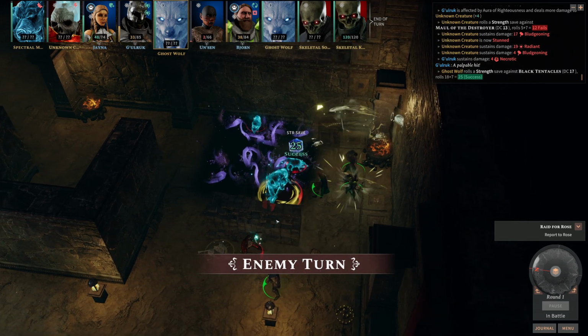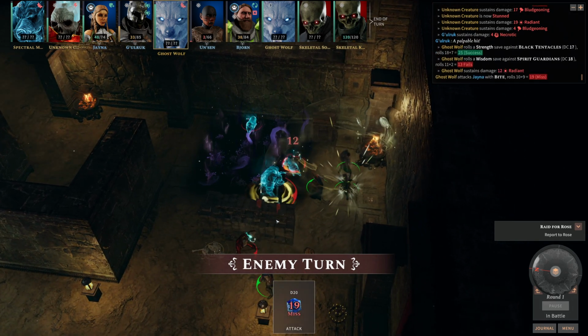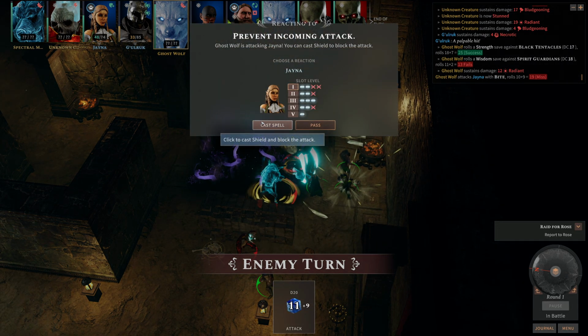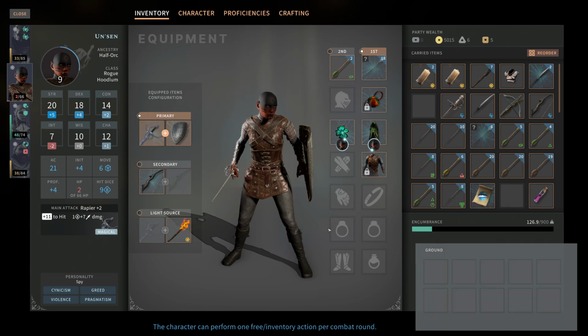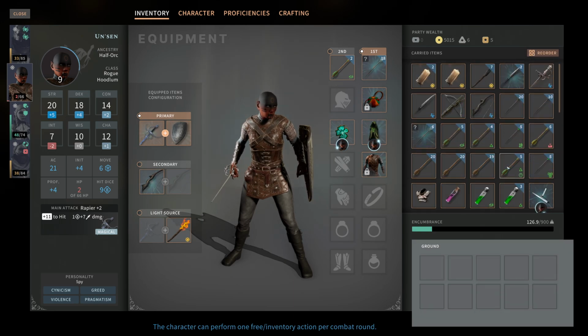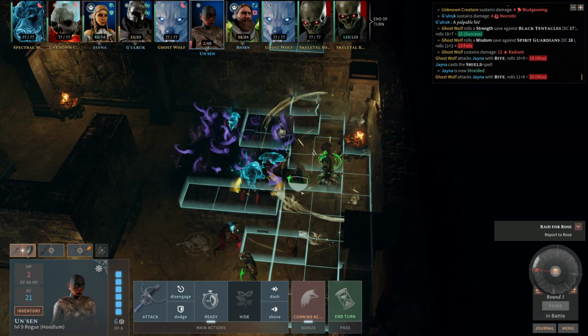Ghost Wolf makes their saves in this area, but does not make the save against the Spirit Guardians, taking 12 damage. Jaina will shield, because she's going to have that for the whole orbit of other attackers now. Unsen, do you have any healing potions on you? That's going to be a big no. Alright, in that case...